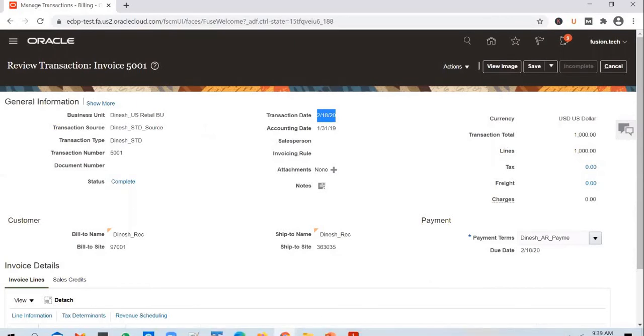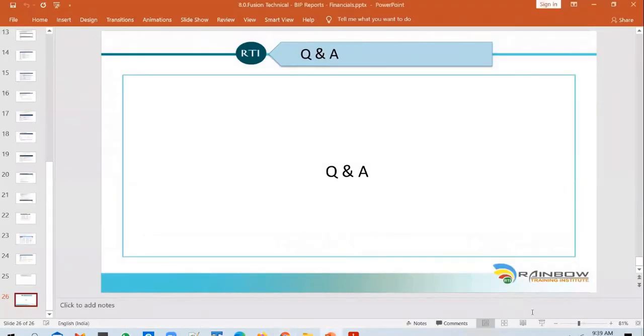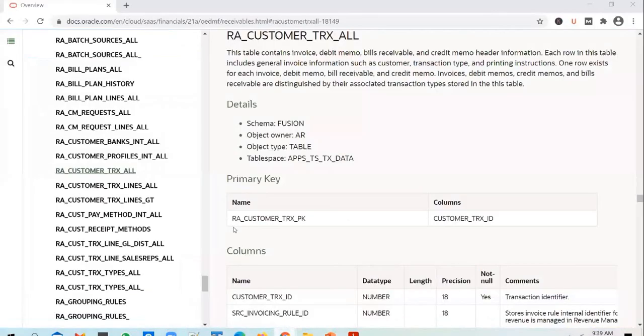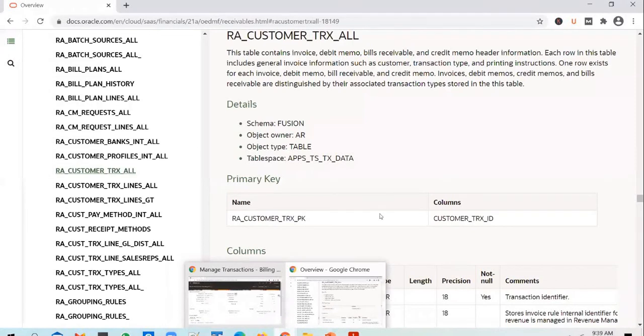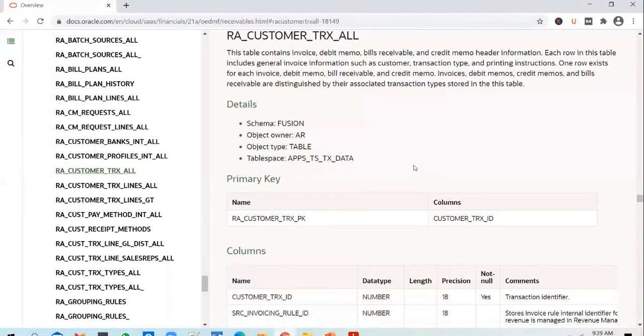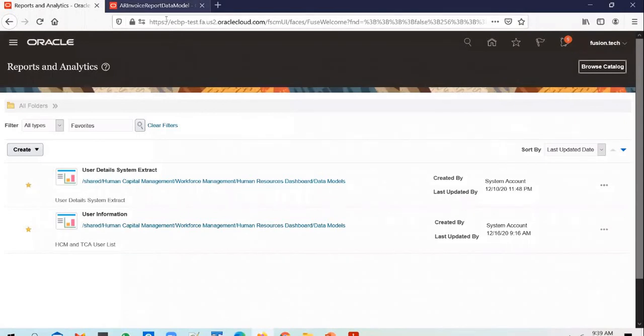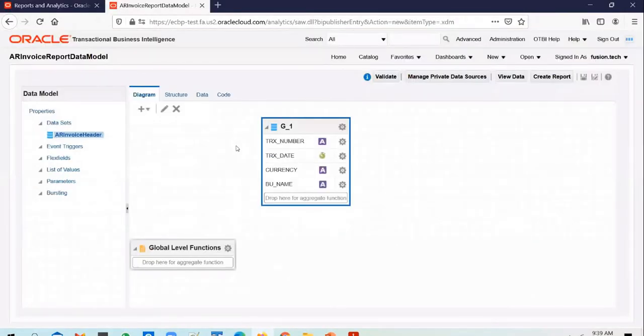Okay, thank you. I still have a couple more questions on the tables and the BI report. So can I understand we have only BI Publisher where we can write the SQL queries, right? In EBS, as a technical person, we get SQL Developer. So in cloud, the SQL Developer we can consider as a BI report. We don't have any other option. Exactly. Yes. If you want to write some queries, you will have to do it from a BIP report, and that too with the help of a data model. You don't have any other option.